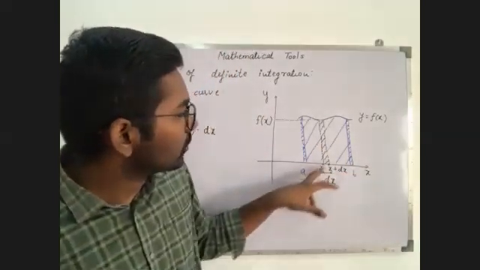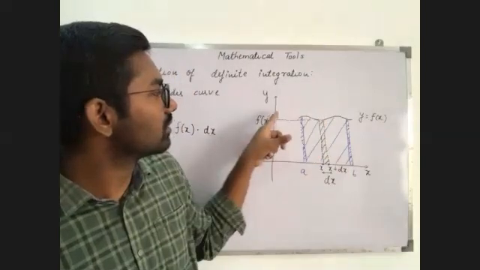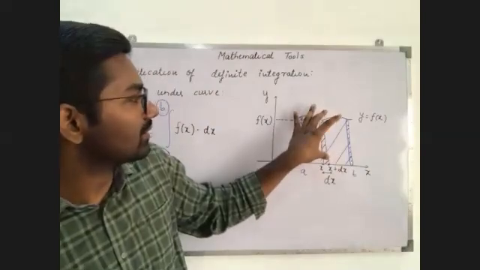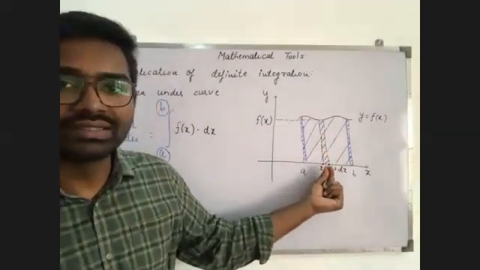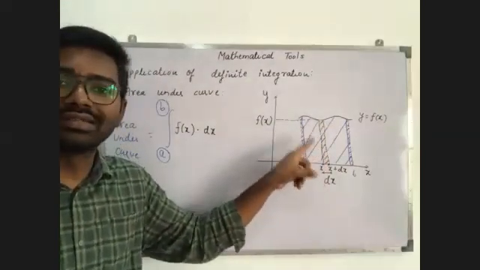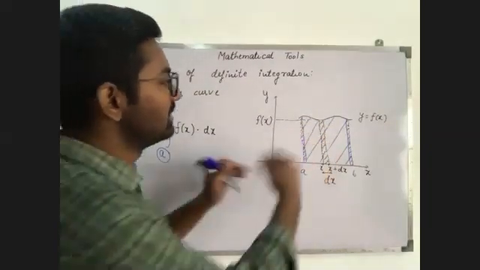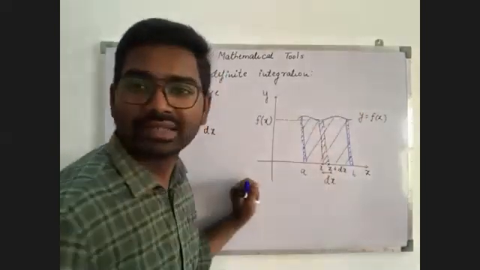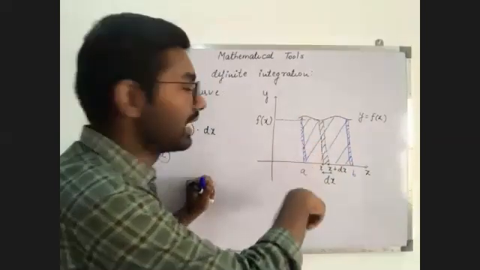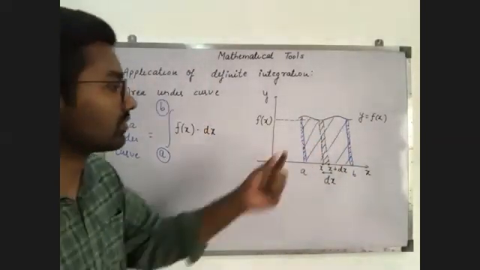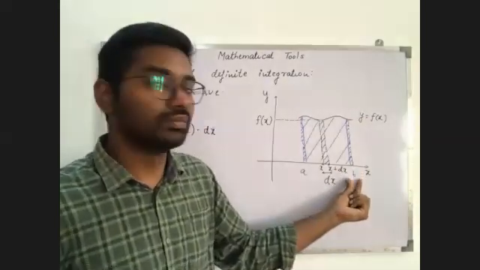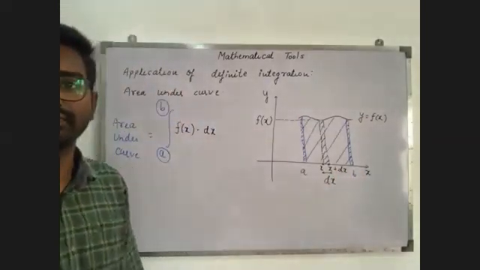When we put the point x, I will get the function value y, that is f(x). So can I say that the length is f(x) and the width is dx? So f(x) dx is the area of this smaller, thin strip. And so many infinite strips of this type are going to be there, so all those areas we are going to add. So integration, and from where? The first strip is at point A, the last strip at point B. Is it clear now?